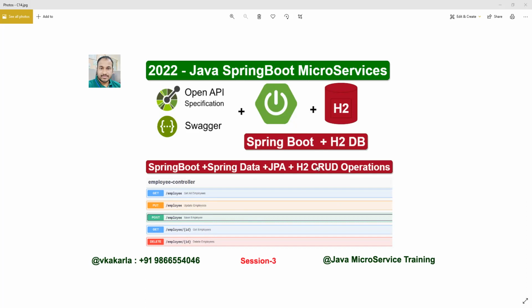Before going to the actual example, we need to discuss a little bit about Spring Data. The H2 database we will discuss while sharing the code. But before starting our actual code, we need to know about Spring Data as well as JPA. JPA is nothing but Java Persistence API.